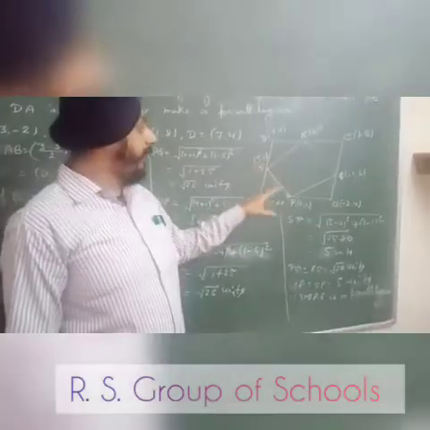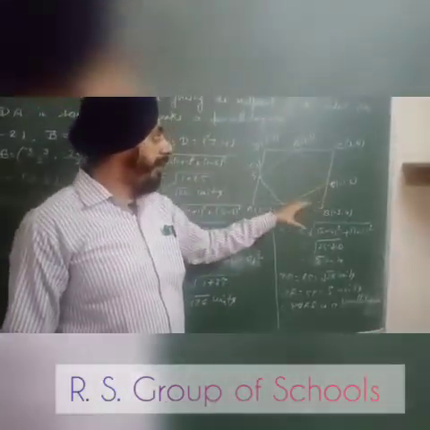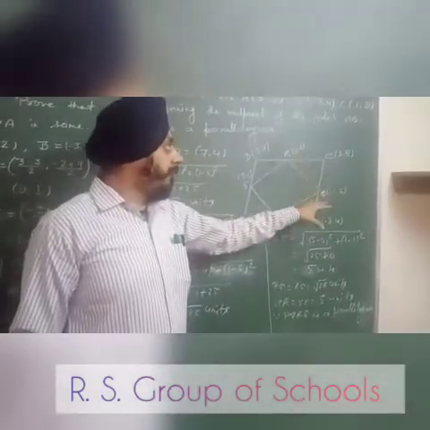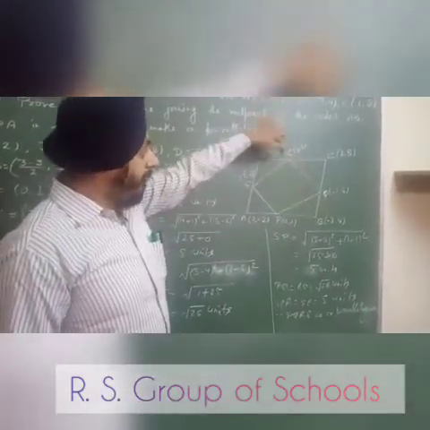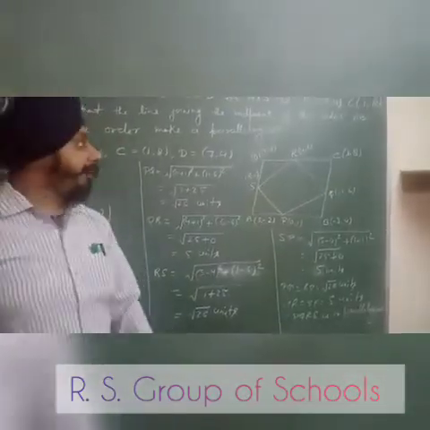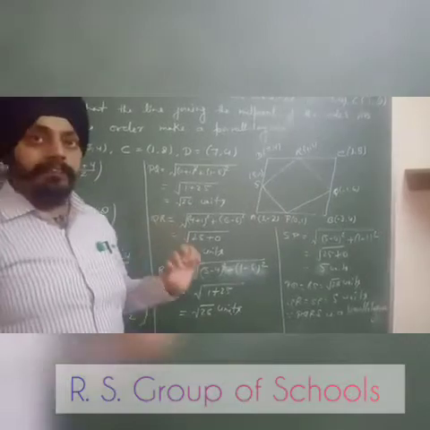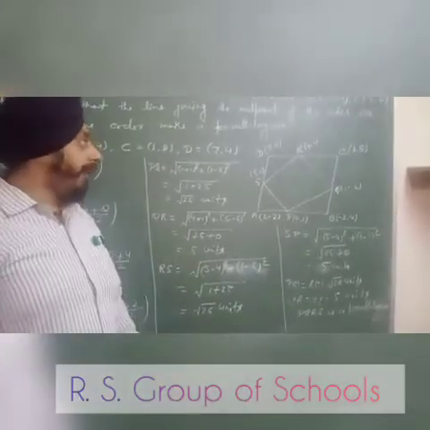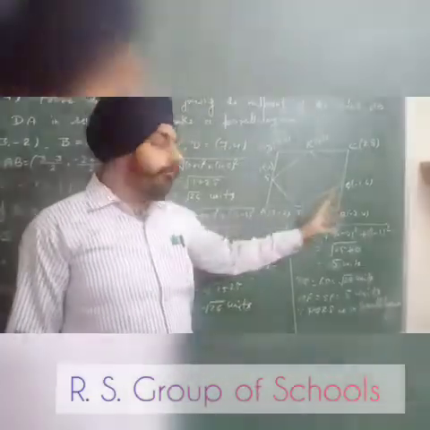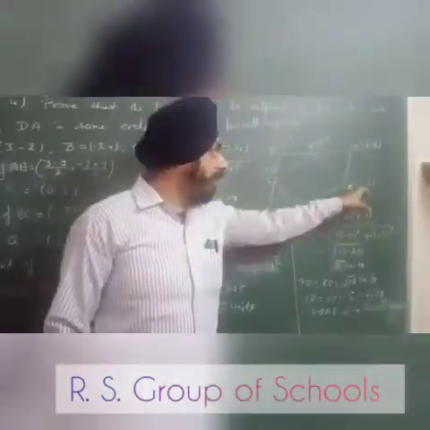Now we find the distance between P and Q, that is PQ. When we find the distance between Q and R, we find the length of QR. In the same way we find the lengths of RS and SP. We have the formula for distance between 2 points: under root (x1 minus x2) whole square plus (y1 minus y2) whole square. First we find the distance of PQ. We let this be x1, y1 and this be x2, y2.